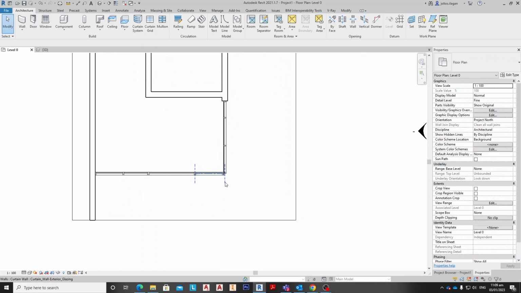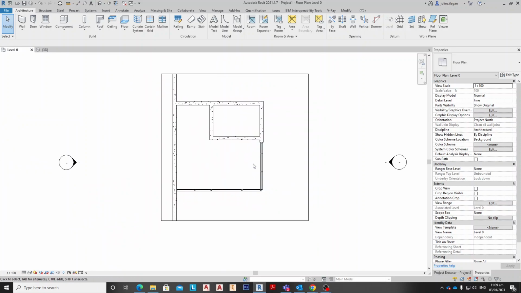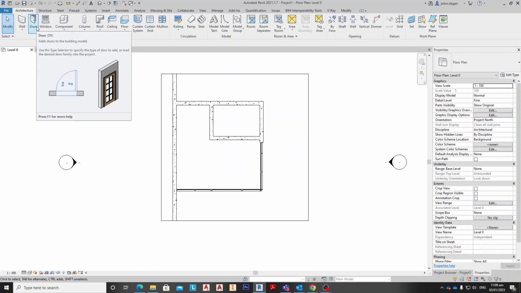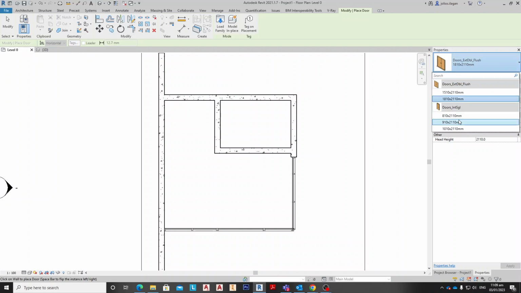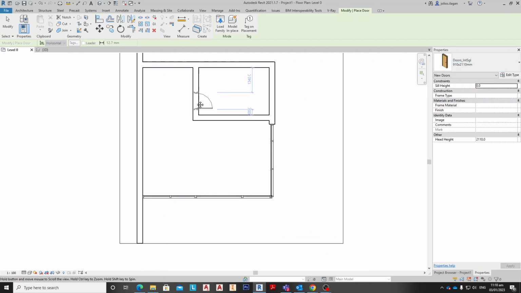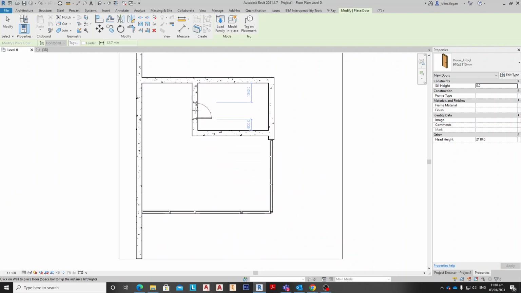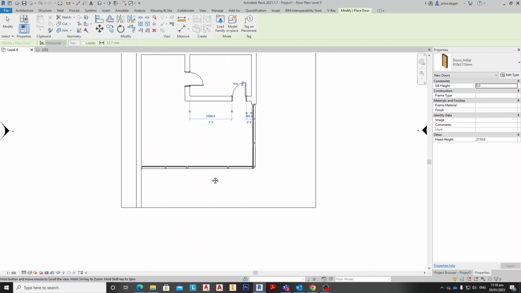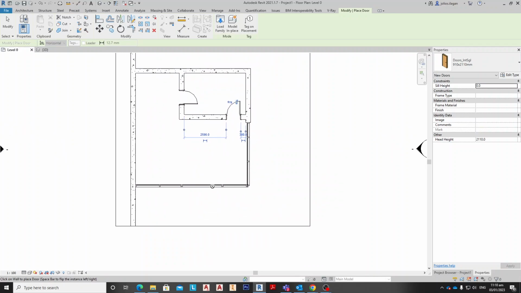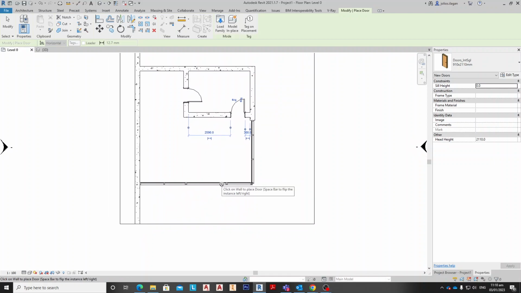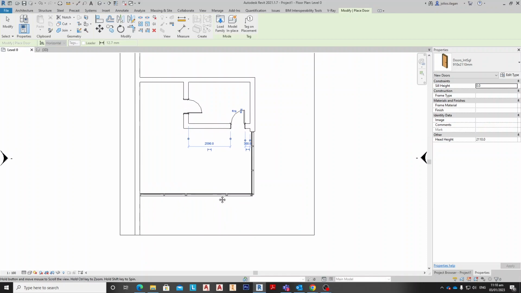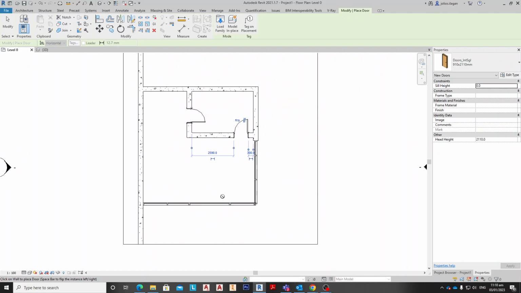If you are new in creating a door on the curtain wall, you will look at this door command and you will attempt to use this. But of course, yes, it is working on the concrete wall like this and like this, but it will not work on the curtain wall. As you can see, Revit is not allowing a normal door for them. So what we will do is simply